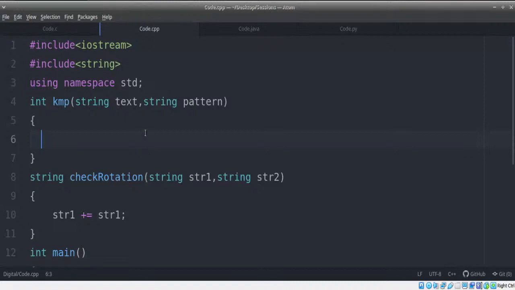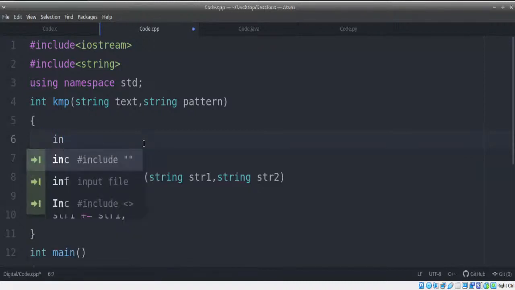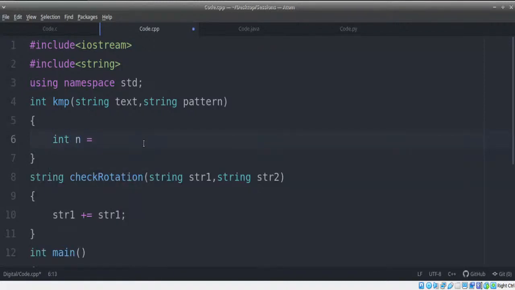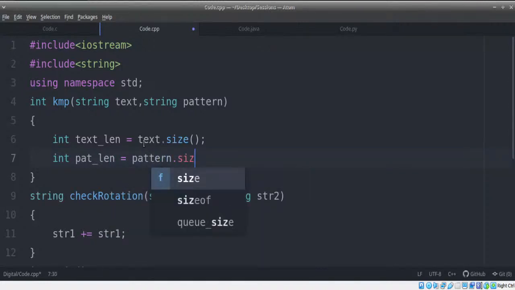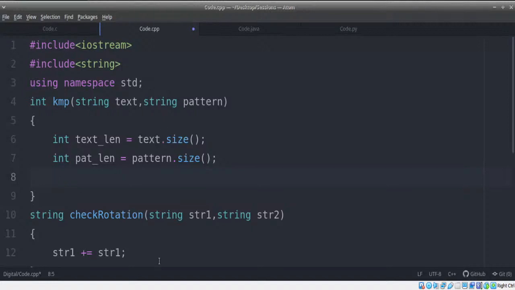So let us first calculate the length of the text. I'll take the length of the text as int text length equals text dot size. Done. Let's also take int pattern length equals pattern dot size. Done. We've taken the lengths of them. We've got the length. Now, once we have got the length here, the next thing we need to do,